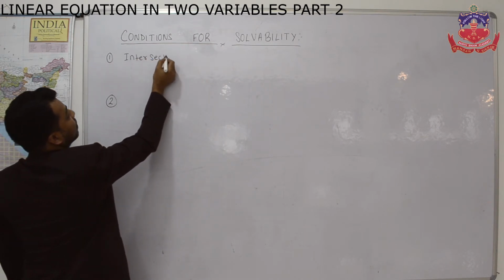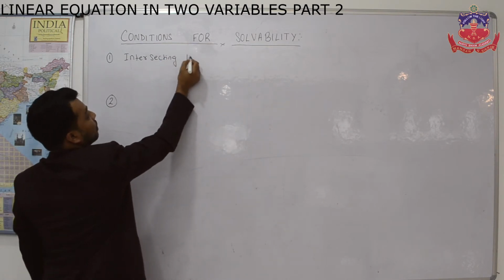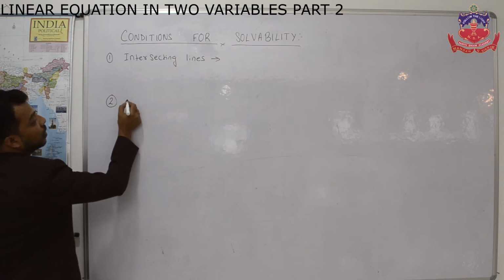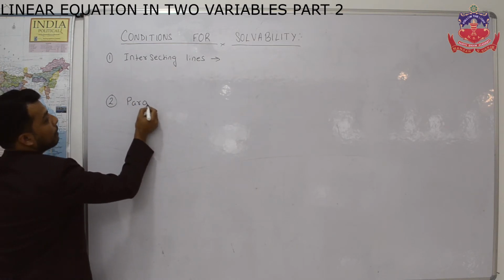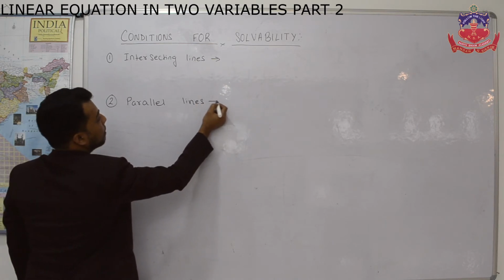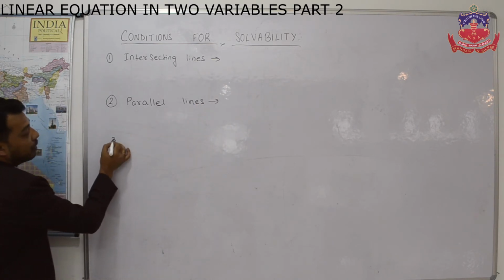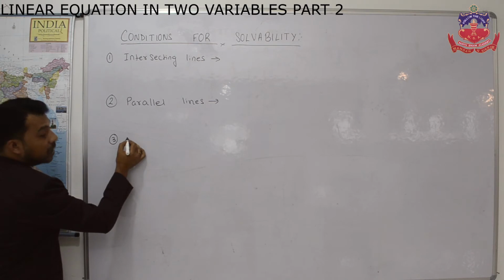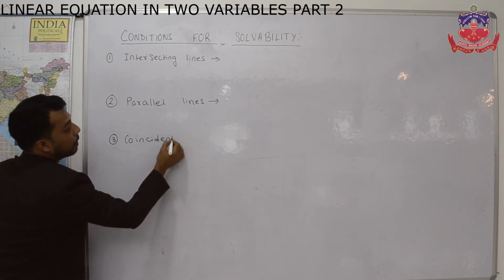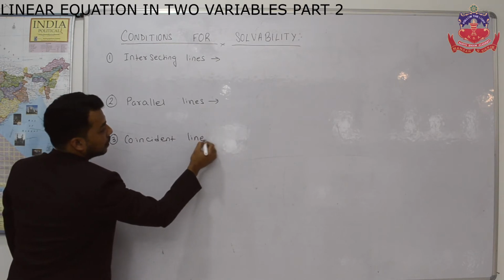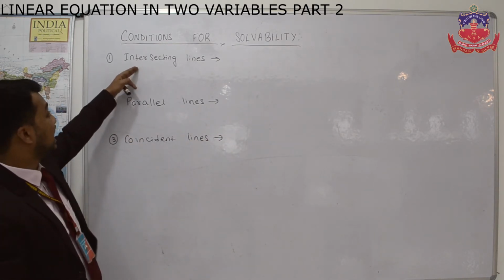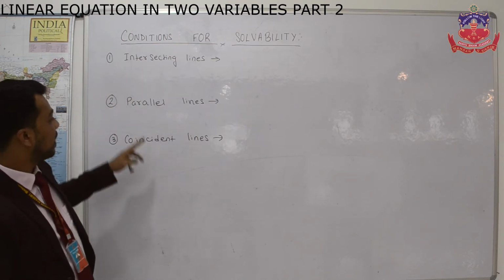intersecting lines. The second one which we studied about is your parallel lines. And the third type of graph that we have studied about is coincident lines. So in graphical method, we have basically studied these 3 types of lines: intersecting lines, parallel lines, and